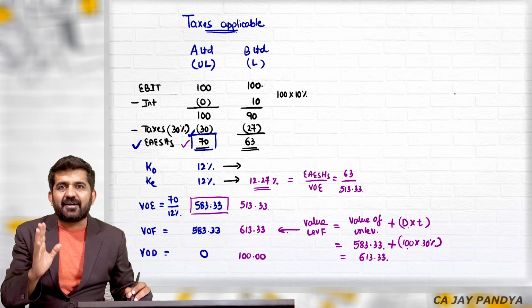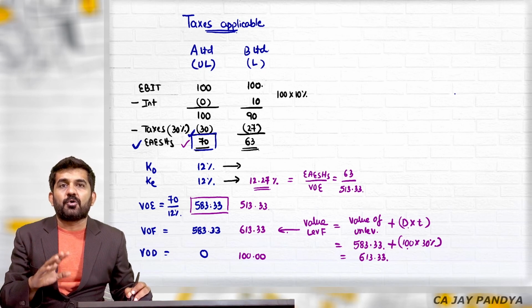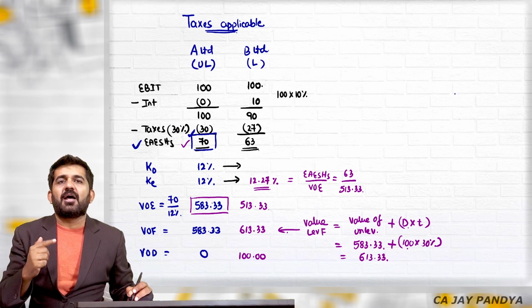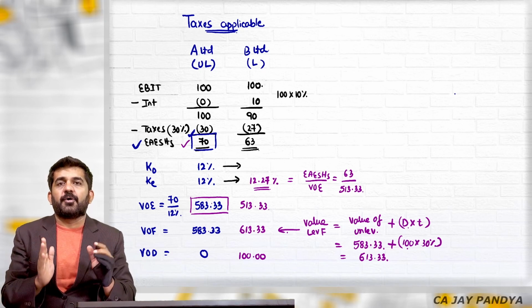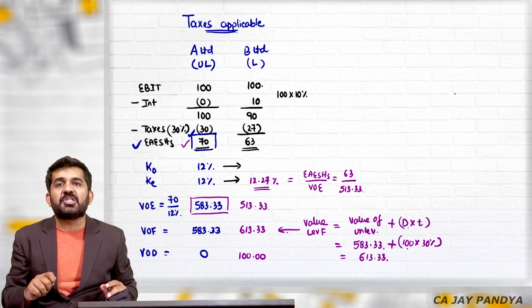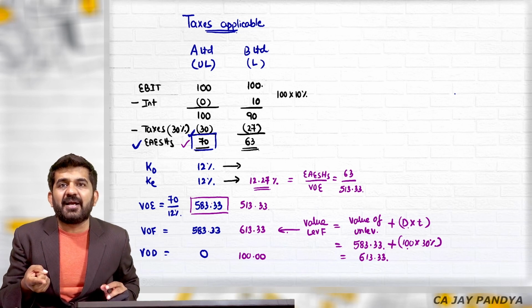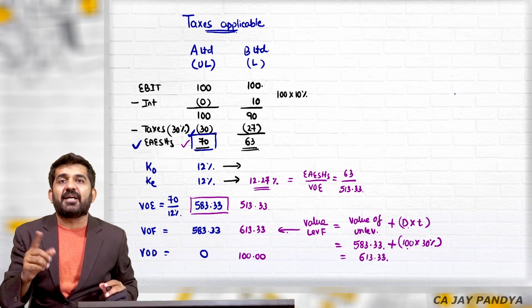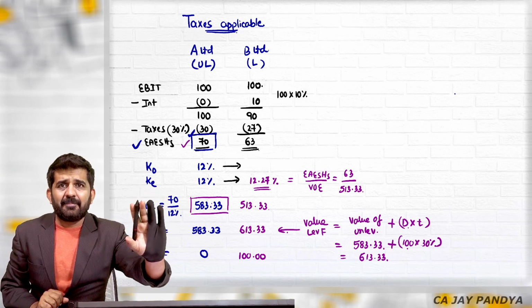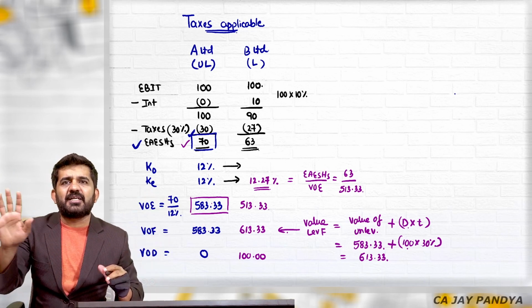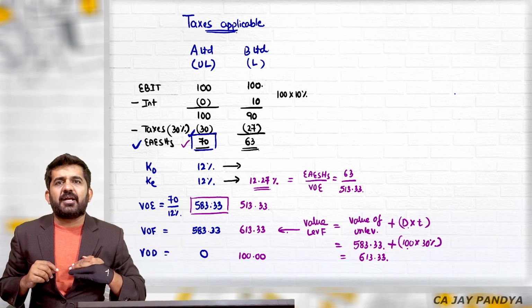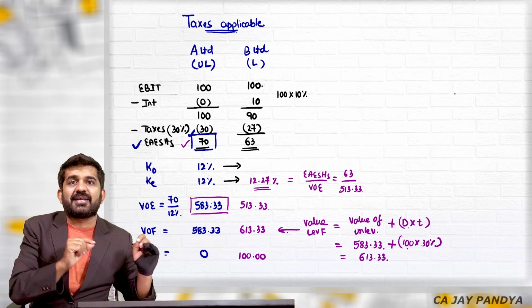What is the reason? Try to understand. Whether there are taxes or no taxes, equity shareholders' dividends are not liable for taxes, if you see from the point of view of the company. So the required rate of return of equity shareholders will not depend on whether the company is liable to pay tax or not. Say I am investing in A Limited, and I am investing in B Limited. If I invest 100 rupees in A Limited, I want 10 rupees. If I am investing in B Limited, I want 10 rupees. My required rate of return is 10%.